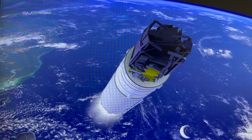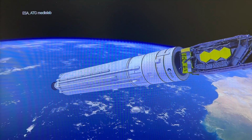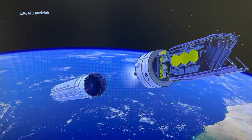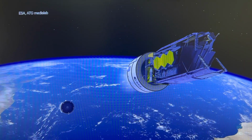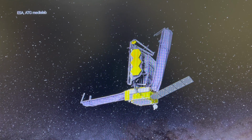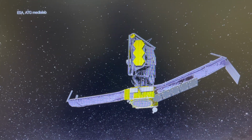So following launch, we had 2 weeks of really intense, complex, complicated deployments to get this telescope unfolded. And I myself, and I think all of us on the team, were really on the edge of our seats waiting for these deployments to happen. Given its distance to Earth, if something went wrong with JWST's deployments, there wouldn't be repair missions like there was